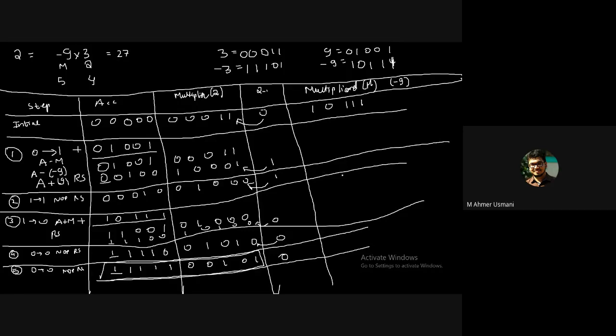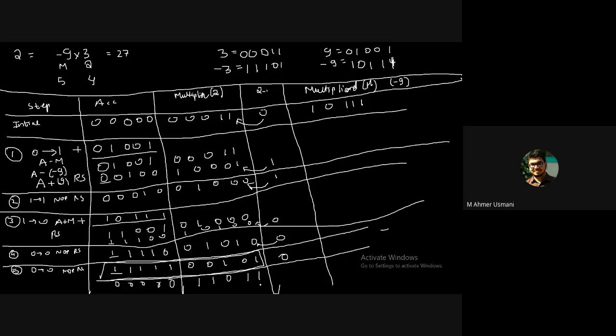The number is for sure a negative number. That means its 2's complement is its actual value. So get its 2's complement. So we'll get 1 over here. We'll get 1 over here. We'll get 0 over here. We'll get 1 1, and after that 0 0 0 0 0.